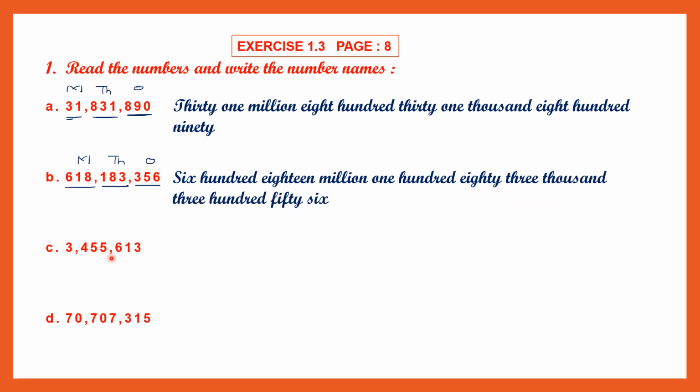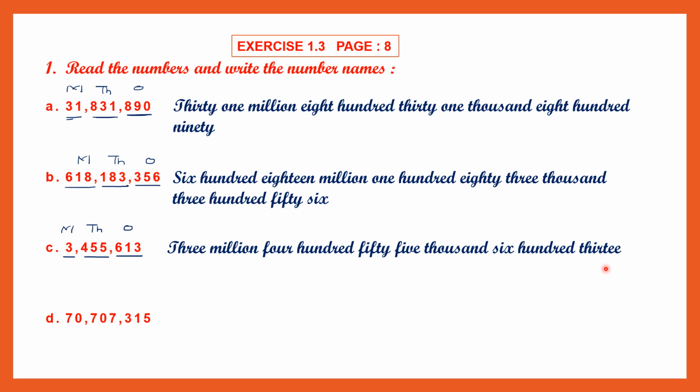618,183,356. The next number, again 613 is in the ones period, 455 is in the thousands period, and this time we have only 3 in the millions period. So let's read this. 3,455,613. Let's write it. 3,455,613. The next number,